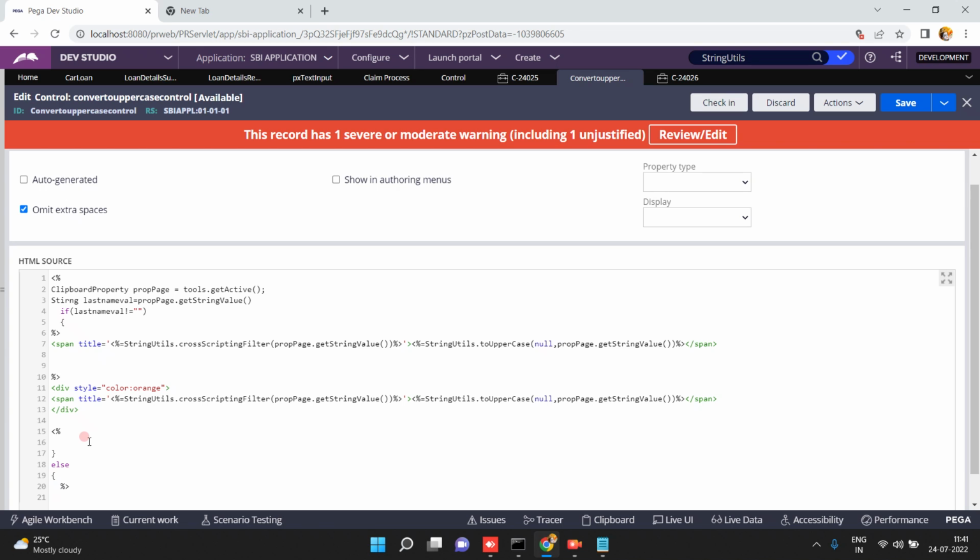This is nothing but scriptlets in Java, scriptlets in JSP. You need to write some logic, so Java logic, JSP logic plus your HTML control, everything you can mix up here. So else, what I can do is div style colon color colon green